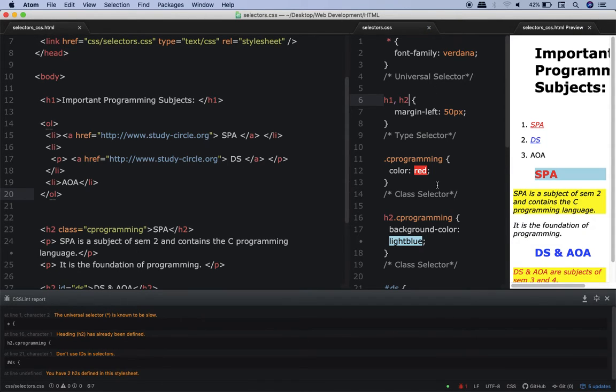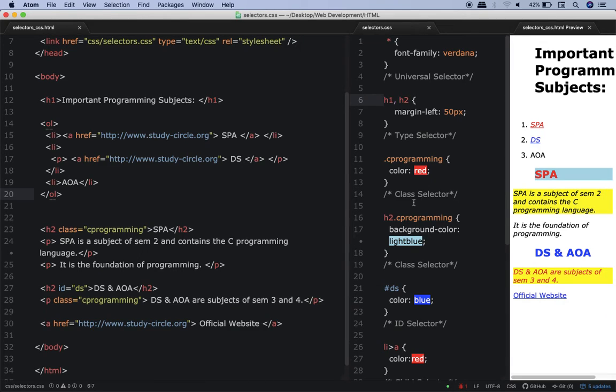Alright. Okay. Now after that we have something called the class selector. If you want to have a class selector, then you should put a dot, and after the dot you should write the name of the class. So over here I wrote .c programming. Come on, I think it is very simple. Look at the output, look at the code in front of you and tell me what this .c programming will do.